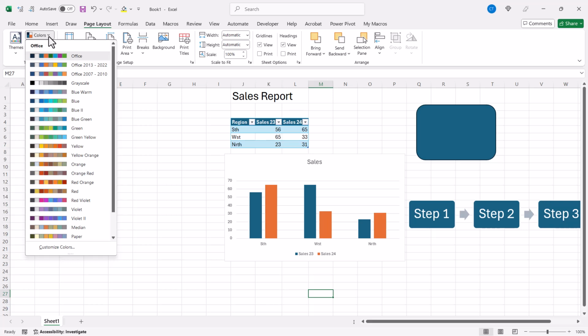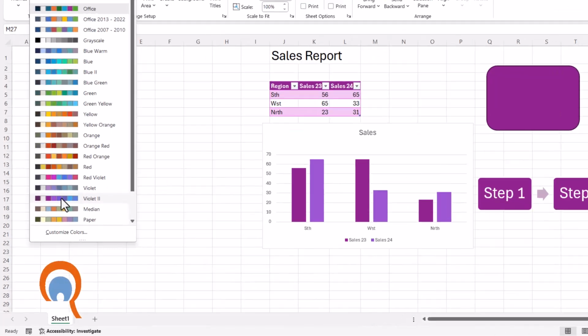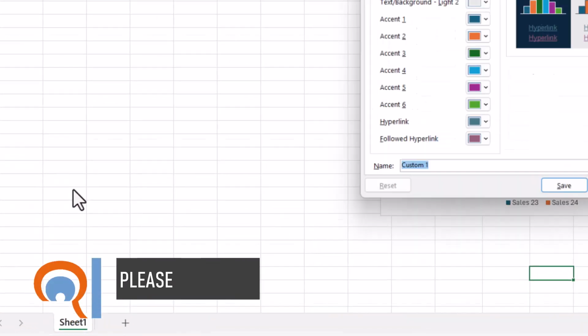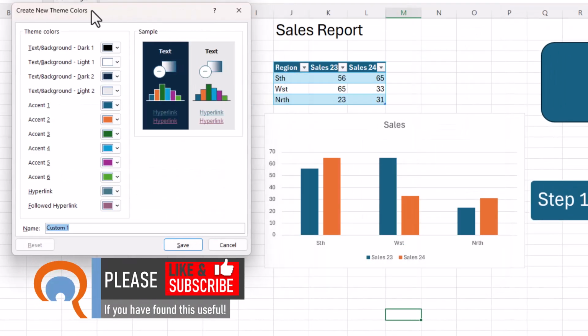Now the colors, what they're doing is they're affecting the default colors that are used for things like graphs, shapes, SmartArt, your text, etc. So if I just hover over these, you can see the effect it has on the contents of my sheet. Now it's probably the case that you're going to want to select your own colors that you use within your organization or your business. So to do that, go to Custom Colors here,